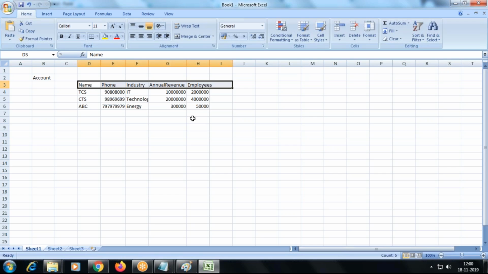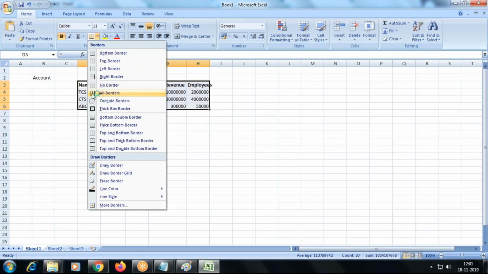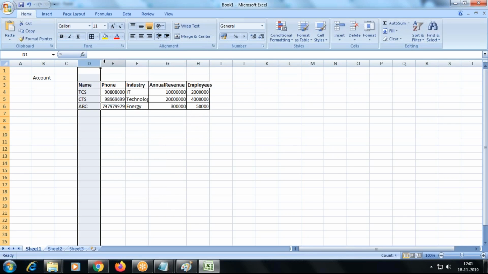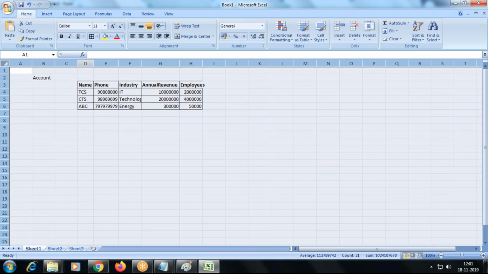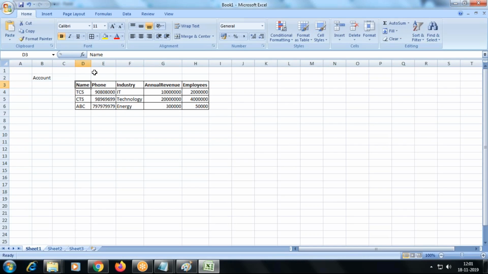See, the top row I highlighted is called fields. How do you call that? Field. So I have name field, phone, industry, annual revenue, employees. I have some more fields, and all these fields are standard fields. Now we haven't seen how to create a custom field, so these are standard fields.